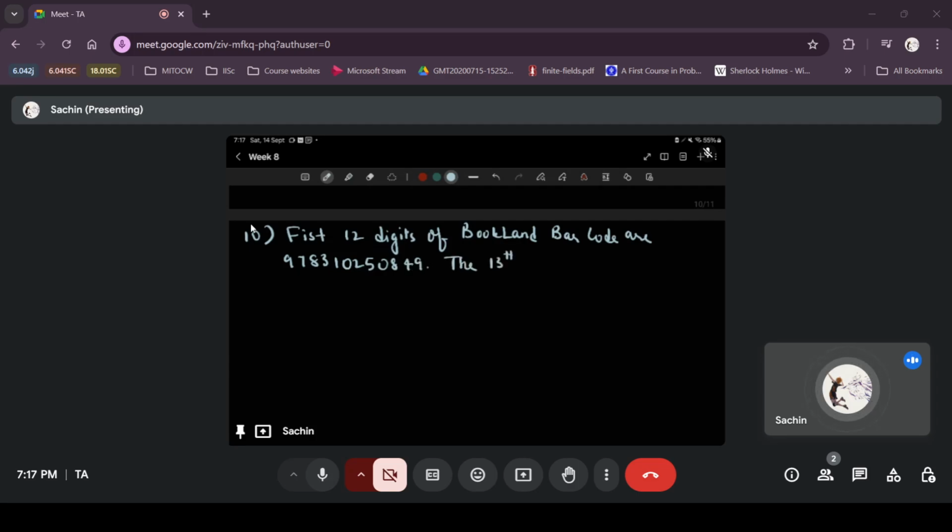The 13th digit is... And the solution: for a Bookland barcode, the 13th digit is